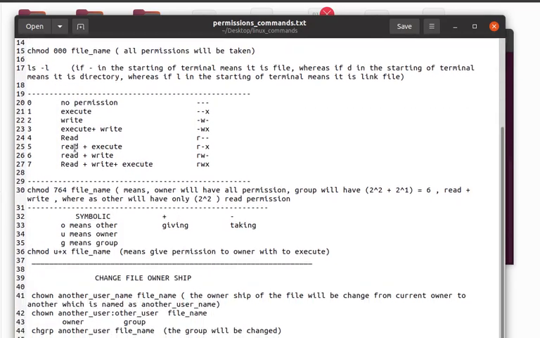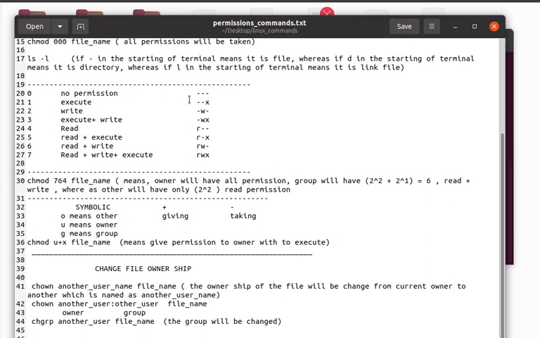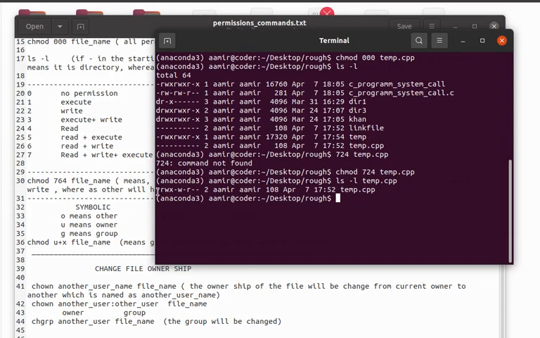Let's move further. As you can see, that means no permissions. This means only permission of execution. The read permission is missing and write permission is missing, as I explained in this portion. The first character means that it is a file. Don't confuse this with the permission. As you can see, the d, for dir, mentions that it is a directory, and our permissions start from this. So read, write, and execute.